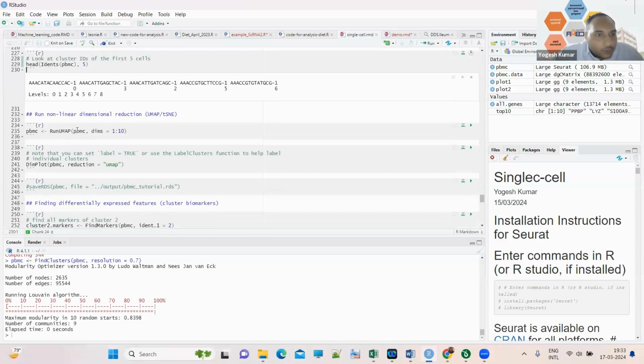Okay, now let's come to another point. I have told you that for visualizing and displaying this data, you need to select whether you want to visualize it in UMAP or in tSNE. These are different methods for plotting. So now I'm plotting in UMAP. I will run the run UMAP function, which is also part of